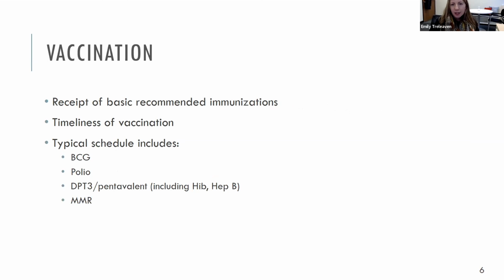In terms of vaccination, I'll use the terms vaccination and immunization interchangeably. Typically, governments are interested in whether or not children received an immunization, and then if so, if that immunization was received in a timely manner according to the country's prescribed schedule. And most commonly, we look at BCG, which is an immunization for tuberculosis that's not offered in the US, but is offered in most lower and middle income countries. Also polio vaccine, a combined diphtheria, pertussis, tetanus vaccine that sometimes also includes Hib and hepatitis B, and then measles or measles, mumps, rubella combined vaccine.